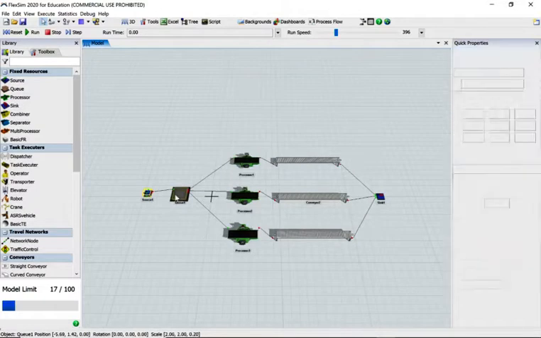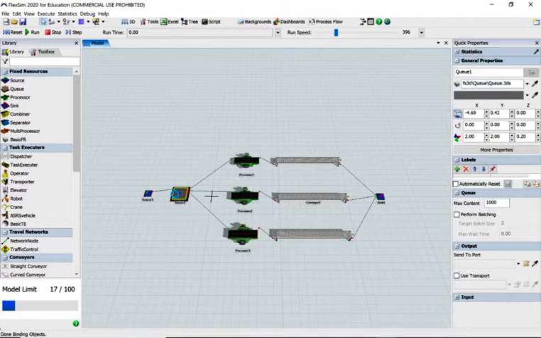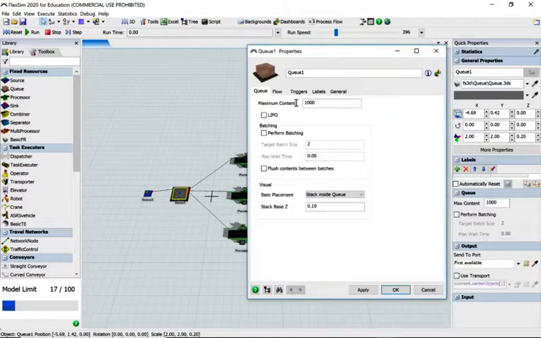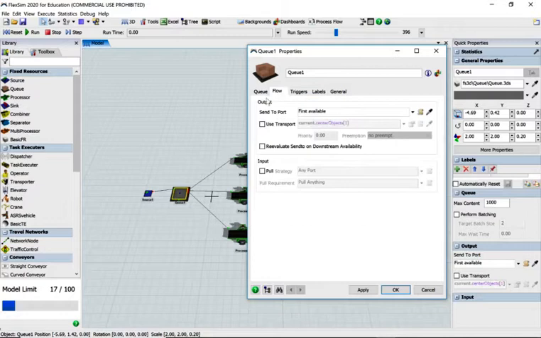Let's go to the queue. This queue has a capacity of 1000. Let's just change that to 25. And let's move to floor. So this is how objects are going to flow from the queue to the next object. And we've got 3 different objects here. And it's currently set to first available. So if I ran this model now,